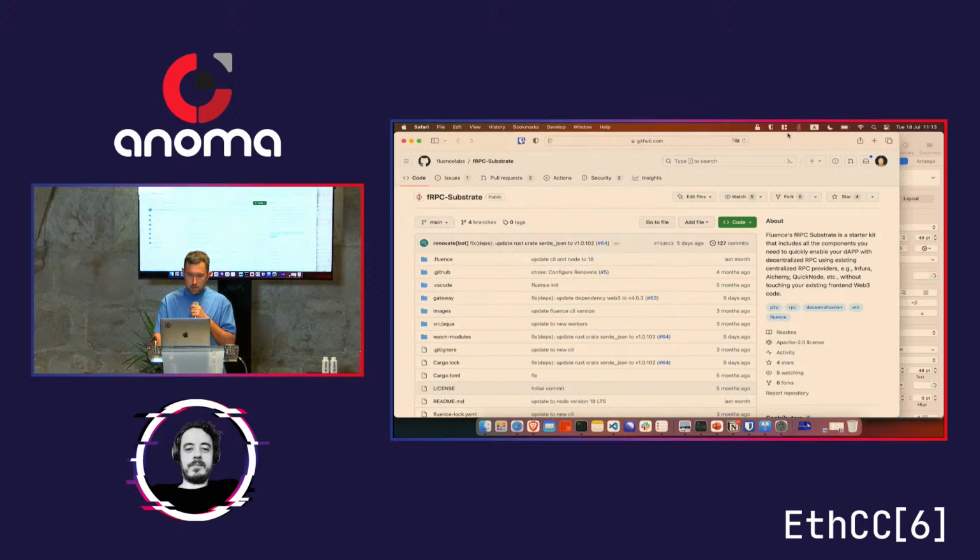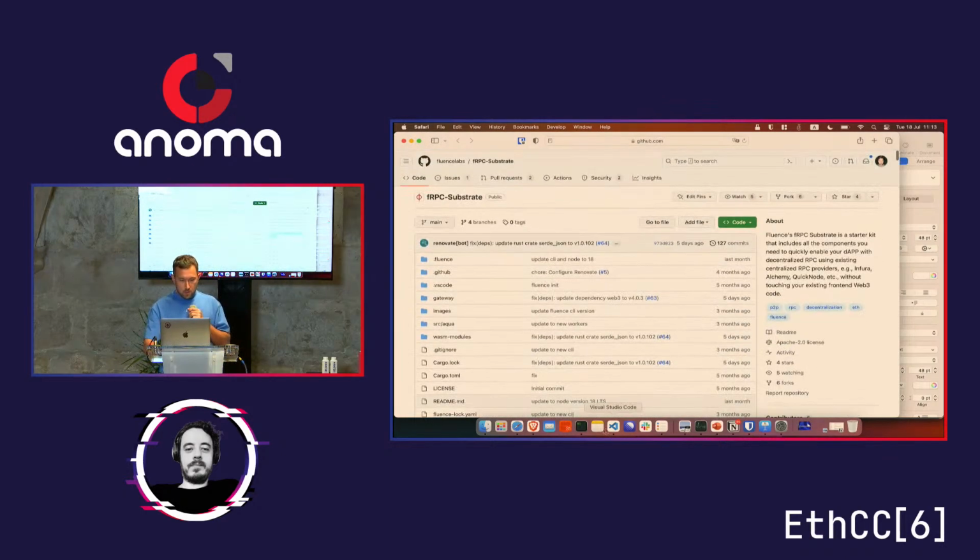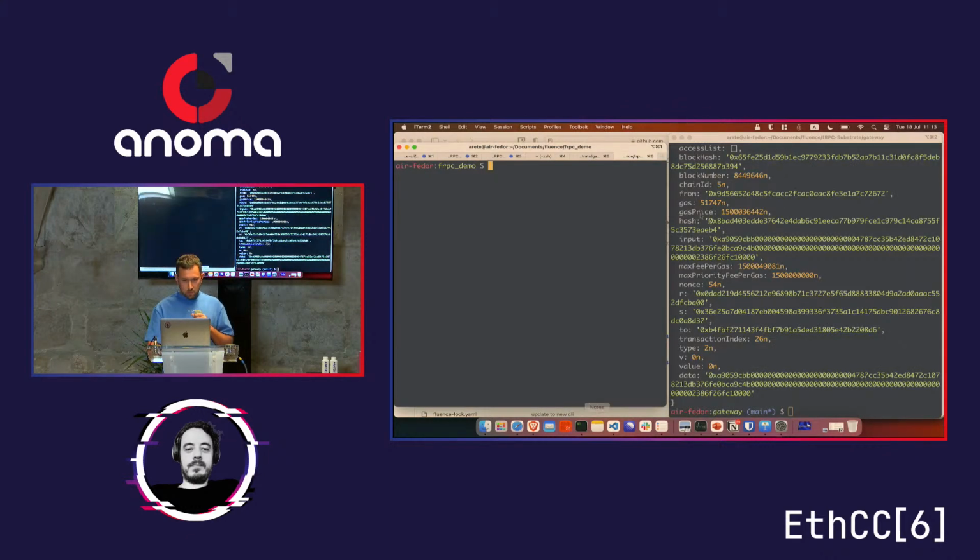Right, so we're going to work with this FRPC substrate. So basically you can hack along with me if you want, or just see what I do.